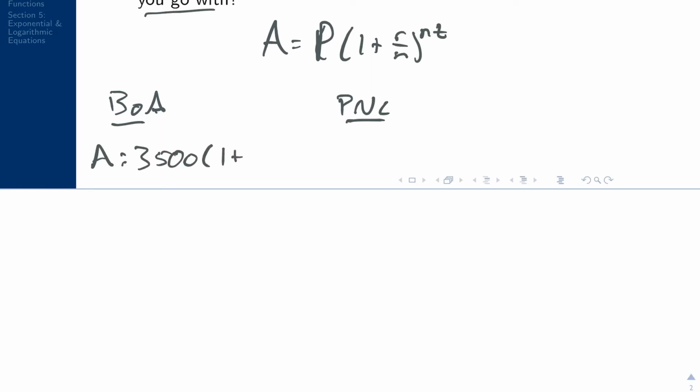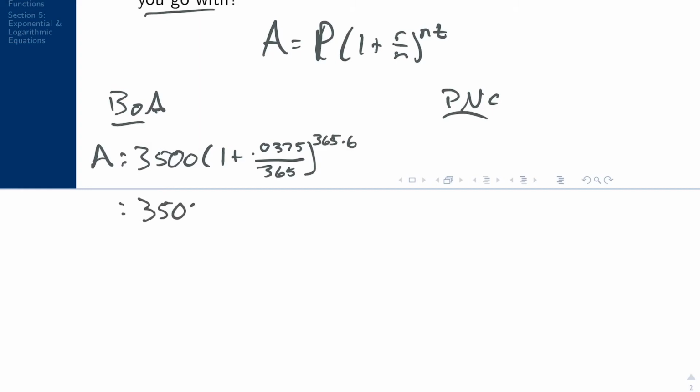For Bank of America, we're investing $3,500. 1 plus our interest rate is 3.75%, so I want 0.0375. It's compounded daily, so that n is 365. And it's n, 365, times 6 for 6 years. We'll just move PNC over here. And if we start to compute that,